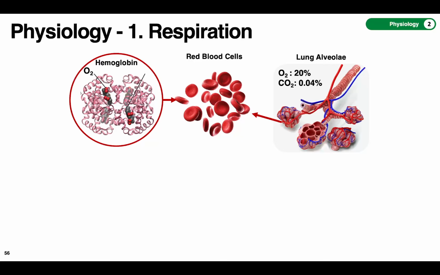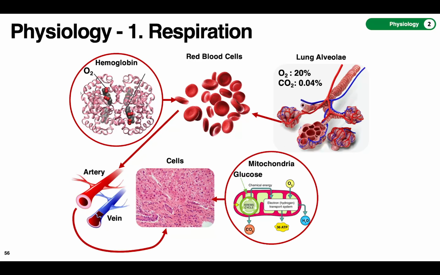And so those red cells will be pumped into basically every cell in the body via high pressure blood vessels called the arteries. They're depicted here in red, and you can see they have a thick membrane surrounding them, just because they're high pressure vessels. And they need to maintain this high pressure first to get it quickly to all the tissues and cells, but also to maintain that high pressure that allows O2 to go from the high pressure where it is to the lower pressure in the cells